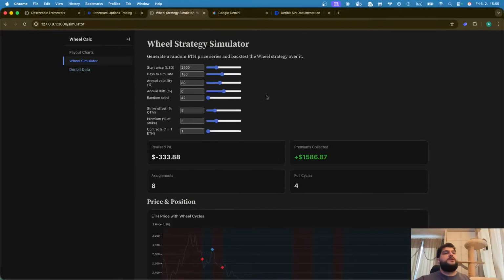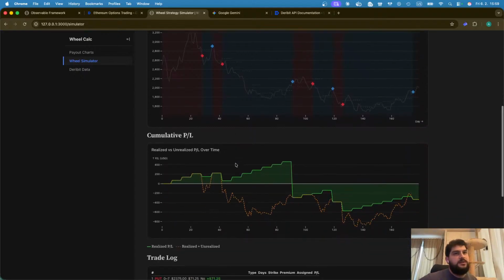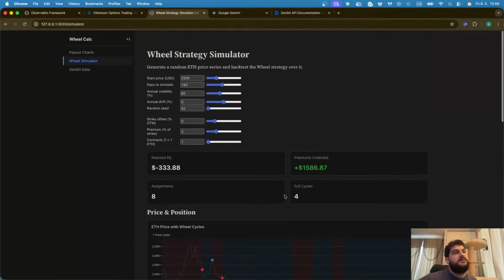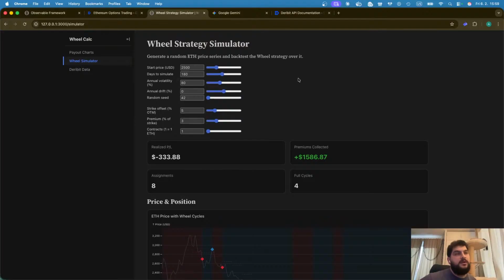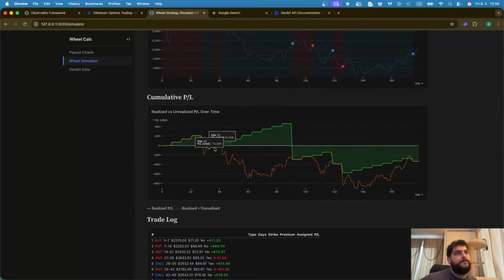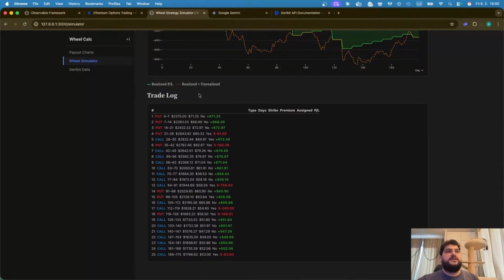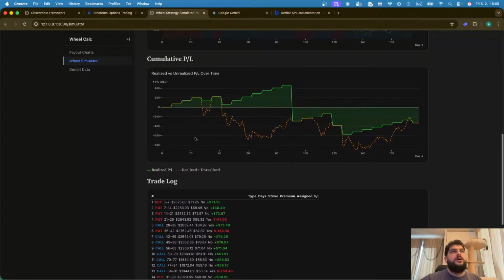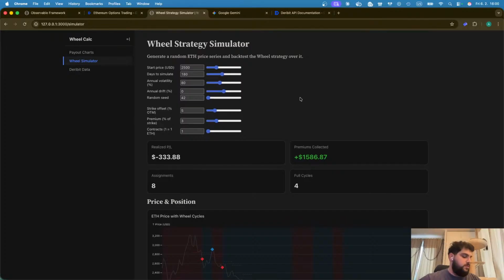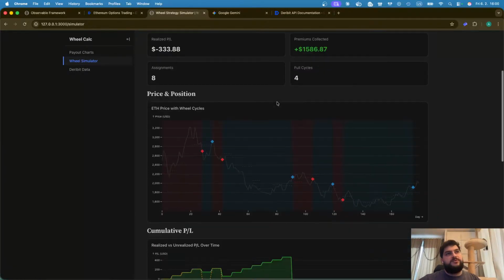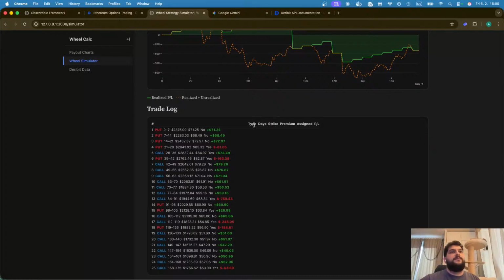Let's go back to the simulator and see what's happening here. So basically it simulates the PNL. This one is negative. And this is how we can test our strategy basically to see how it performs on random data, how it performs on the different moves of the market, how it performs historically, and then we can try and